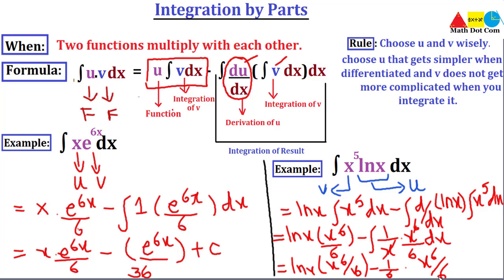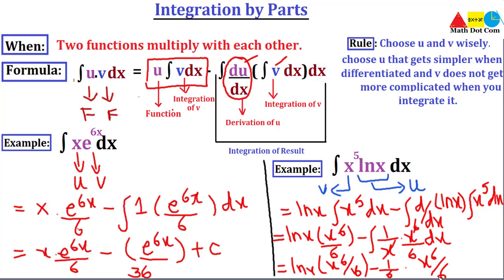How easy it is to decide which function should be u and v, as it is clear from here that we are moving towards simplification rather than complication. So be careful about it. Don't move towards complication. Don't choose a function that will be complicated after finding its derivative or its integration. One more thing, there are some basic functions that you need to keep in your mind that should be taken as u, as it will become easier to solve the integration by parts.